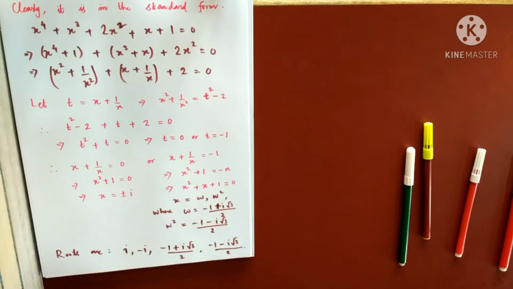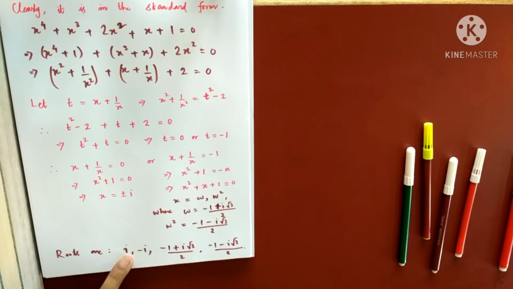Now these are the roots. Alright. Now you might argue, sir, the reciprocal of each of them should also be a root. And I will tell you, yes, the reciprocal of each of them is again a root. Why? The reciprocal of I is 1 by I. Right? Reciprocal of I is 1 by I.